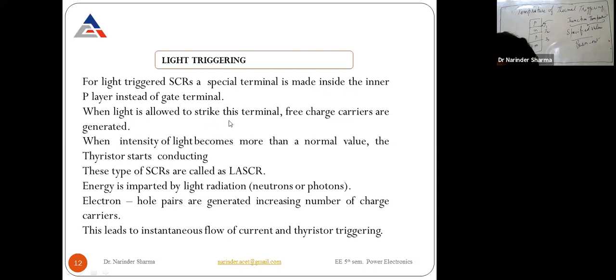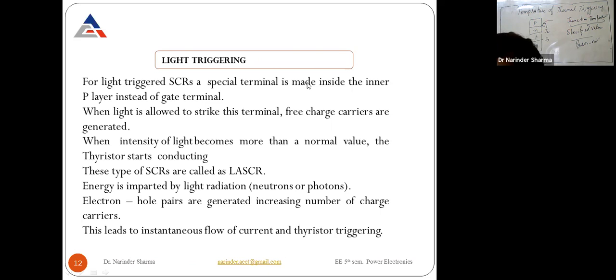When the light is allowed to strike this terminal, charges will get generated, and if the light intensity is more, then the thyristor will start conducting. Electron and hole pairs are generated, increasing the number of charge carriers, due to which there is an instantaneous flow of current and thyristor triggering.